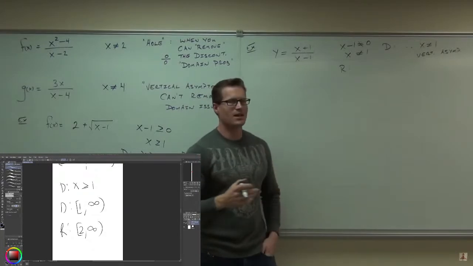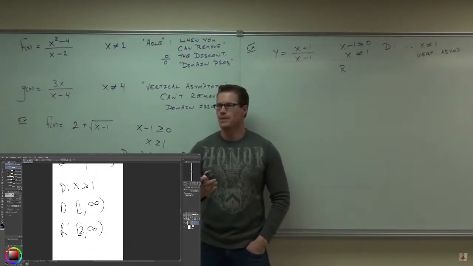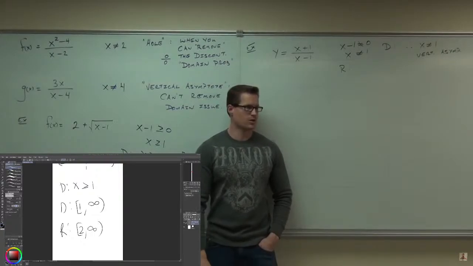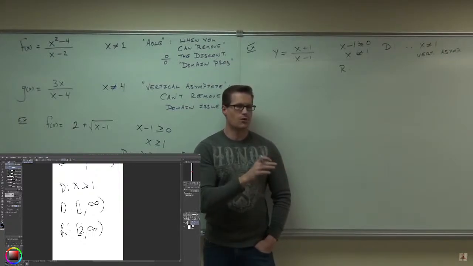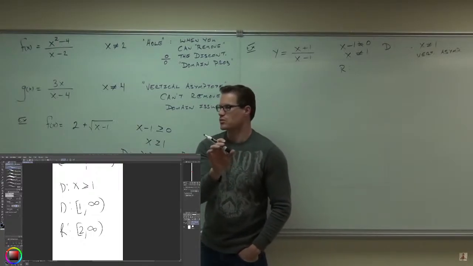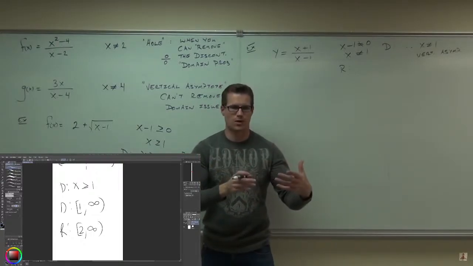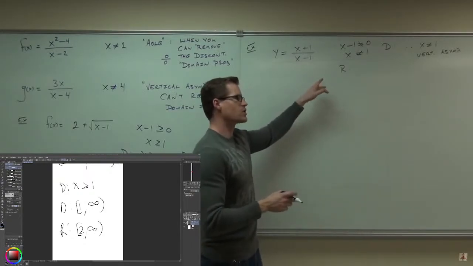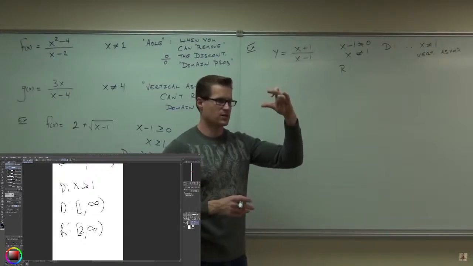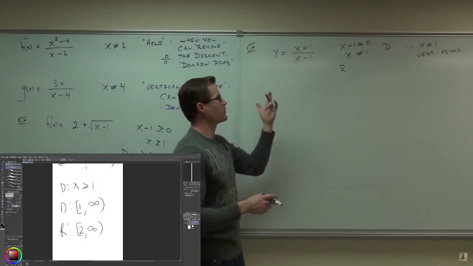Anyway, how about the range? How about the range of this thing? That's kind of tough, right? So you don't know what the range is. Well, there is one thing you can do. On certain occasions, this isn't always possible. On certain things, if you can solve it for your x variable, then look at those domain problems for your y. That's actually the range. It's kind of like you're flipping the script on the problem. So you can find the range by solving for the independent variable, and then looking at those problems. So if we were to do that,